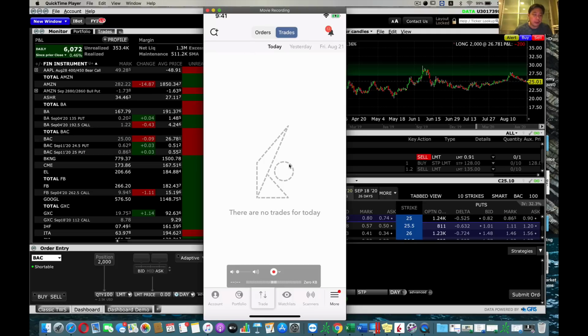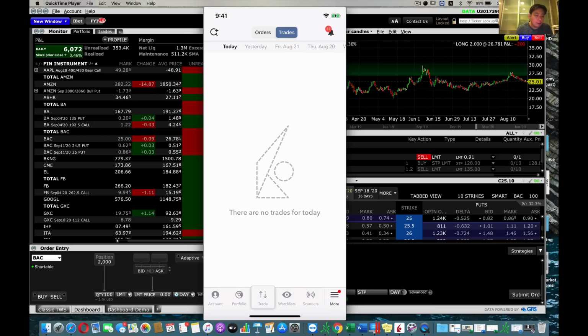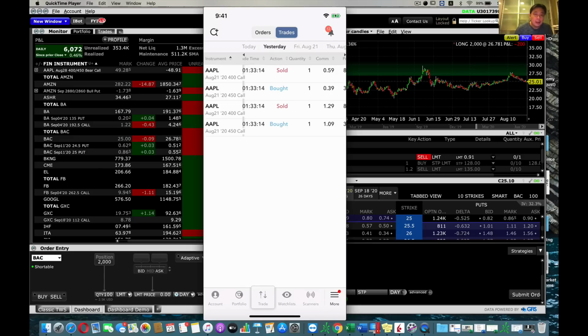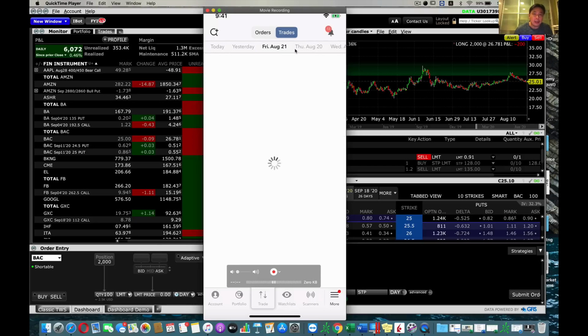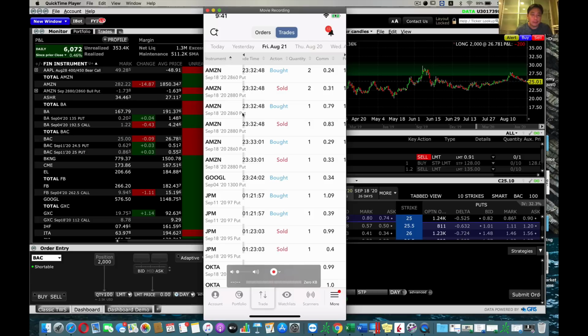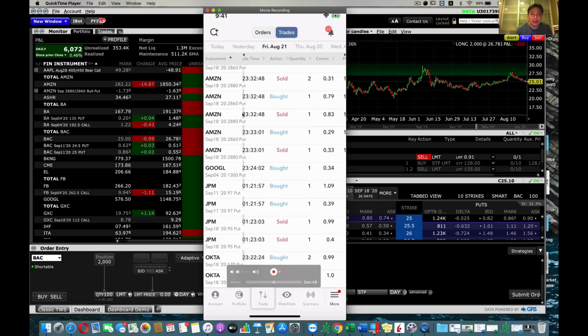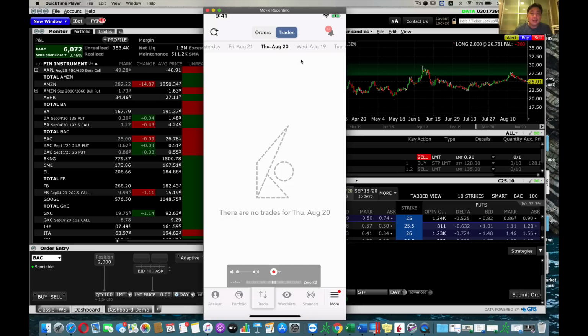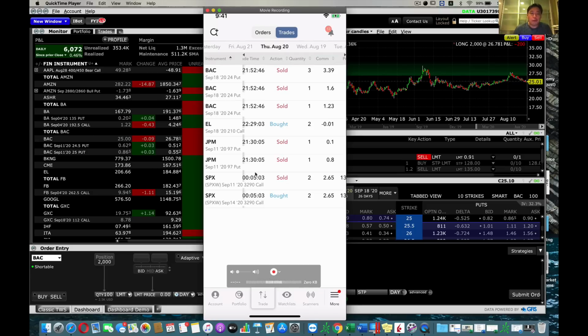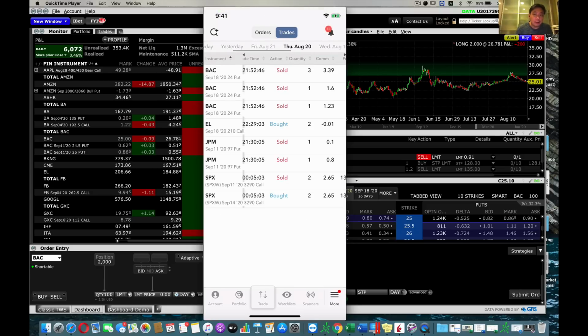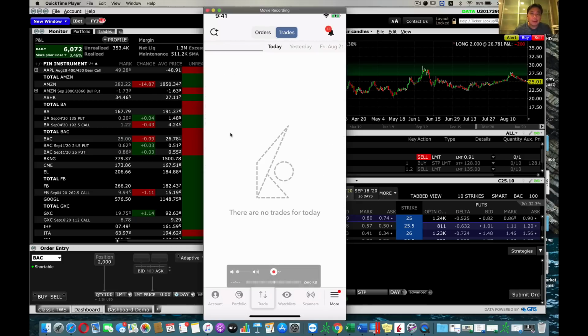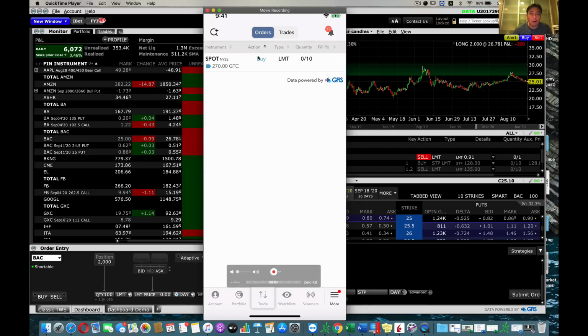You can see that there are no trades today, but you can see yesterday. If I click on yesterday, for some reason it's not coming up. Okay, yesterday, these were my trades, and on Friday these are my trades on Friday, right? I do a lot of trading every day, as you can see. And on Thursday, you can see all your trades going back a few days. So today there are no trades, but right now I've got an open order, and again